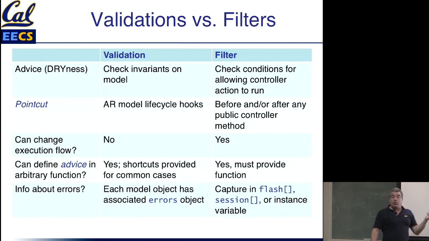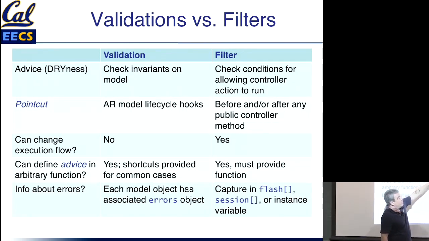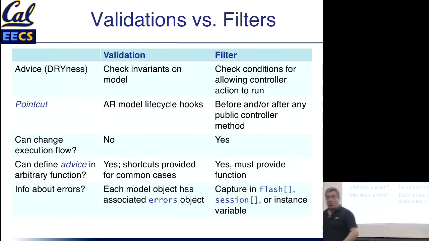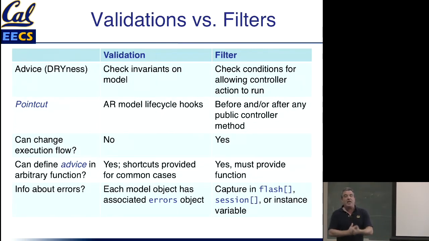Validations cannot on their own change the flow of execution. Now, in your controller, before trying to do a save, you can run the validations. And if the validations fail, you can report that fact to the user and have them try again. But you have to make sure that happens. The act of a validation failing does not, in and of itself, cause a visible control flow change from the user's point of view, whereas the controller filters can do that. The controller filter can say, we're going to cut off the action right now, either with a redirect or by rendering a different template than the one associated with the controller action that was protected.